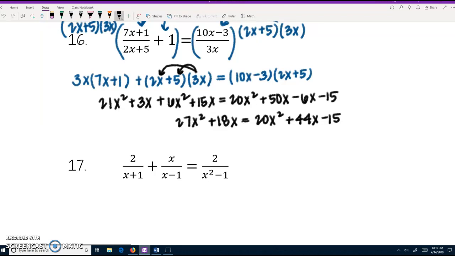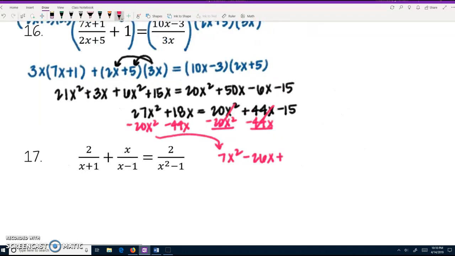So now I need to bring all of these terms over to one side. I'm going to subtract this 20x squared. And when I subtract over to this side, I'm going to kind of loop around here. I'll end up with 7x squared. Then I'm going to subtract the 44x. So I'm going to subtract that from the 18x. So when I subtract 44 from 18, I'll end up with minus 26x. And then I'm going to add over that 15. So I will have plus